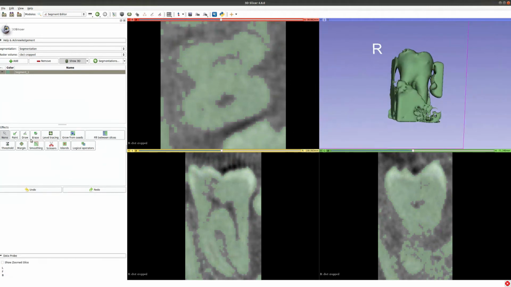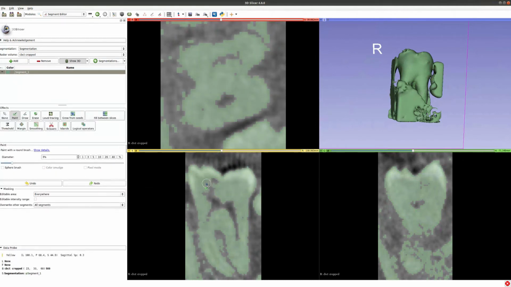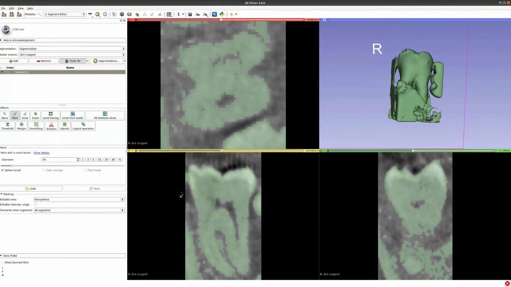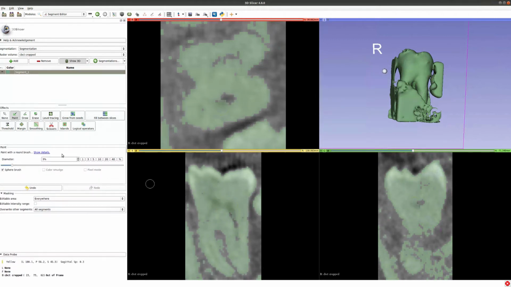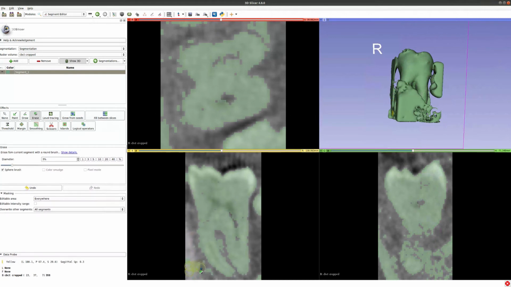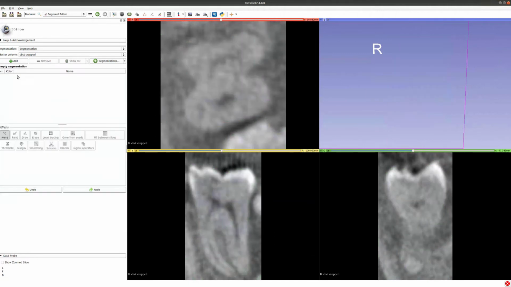So what one could do now is just go over to erase and paint, and paint up all the missing area in here. Choose the spherical brush and remove all the parts that we're not interested in. This is one way, and this will be very time consuming, where you really have to go through each individual slice. So let's remove that segmentation,